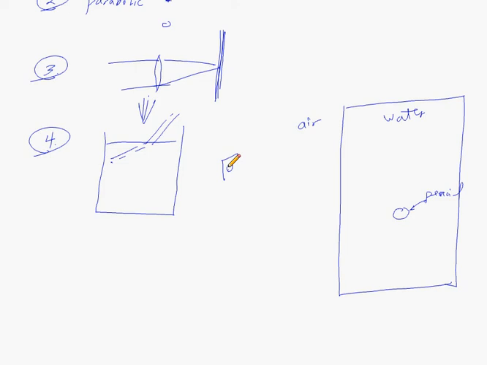I'm going to send it in a certain direction, right here. This is a laser ray. I draw a normal. This is a normal, and it bends toward the normal, and it would hit the pencil right here. So Snell's law explains this bending of the laser light from air, a less dense medium, into a more dense medium, where this angle is smaller than this angle. Okay, now in reality,